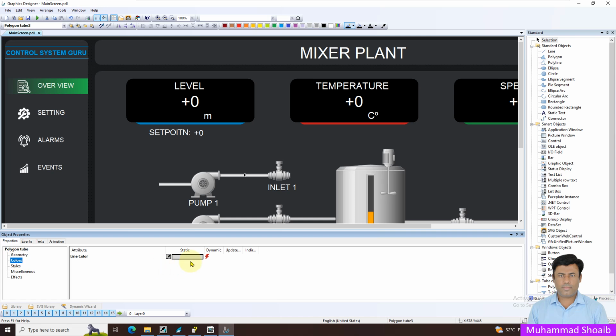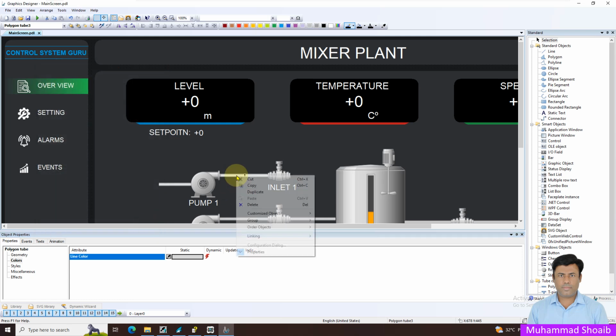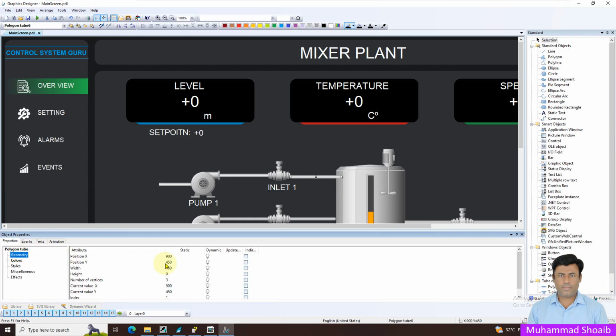No need to change the tag because I already selected the pump one run status. If you come here, dynamic dialog, I want the input and output of the pump to be green once the pump run feedback is received. Okay, now I will again duplicate it to put this polygon tube over the outlet of the inlet valve 1. So I'll reduce the width, I will put the width 145